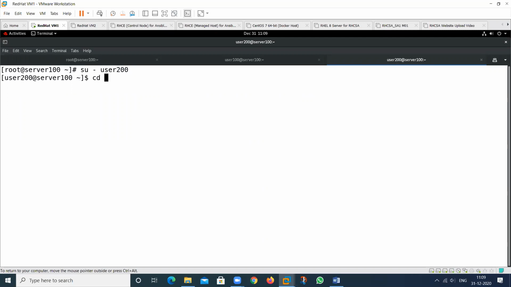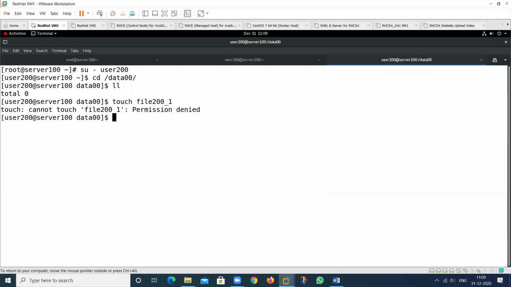Then go to this particular data folder, and you try to create some files. File 200_1, this is my file 1. But see, at this time, I do not have the permission to work on this particular folder.